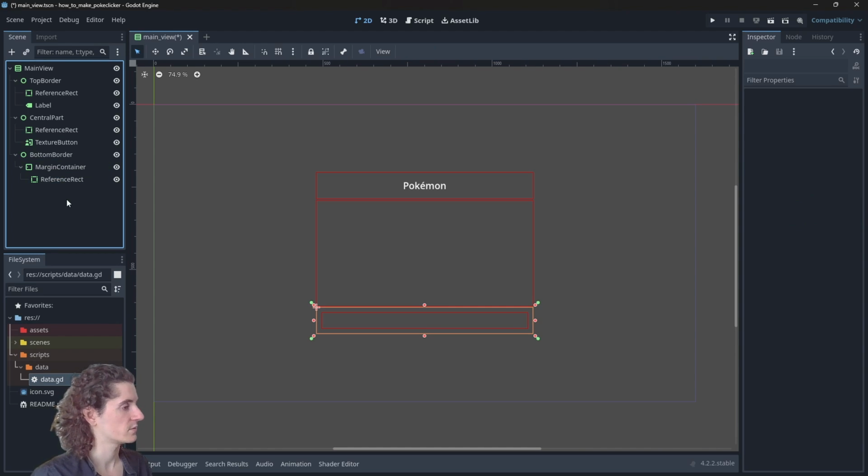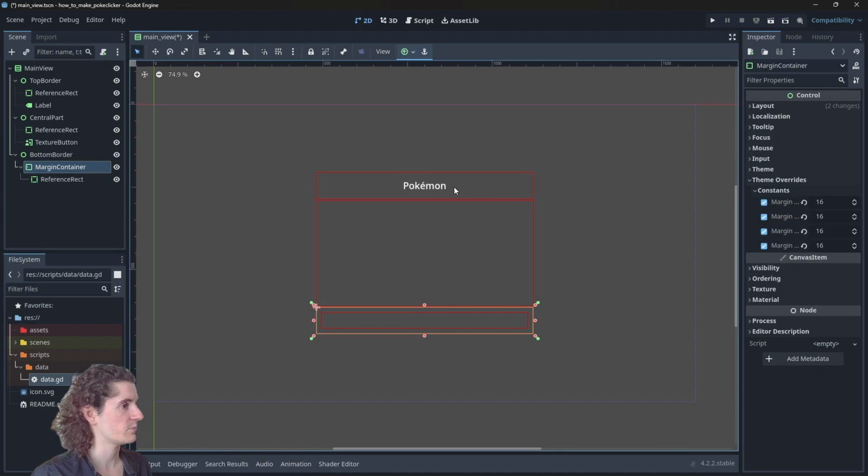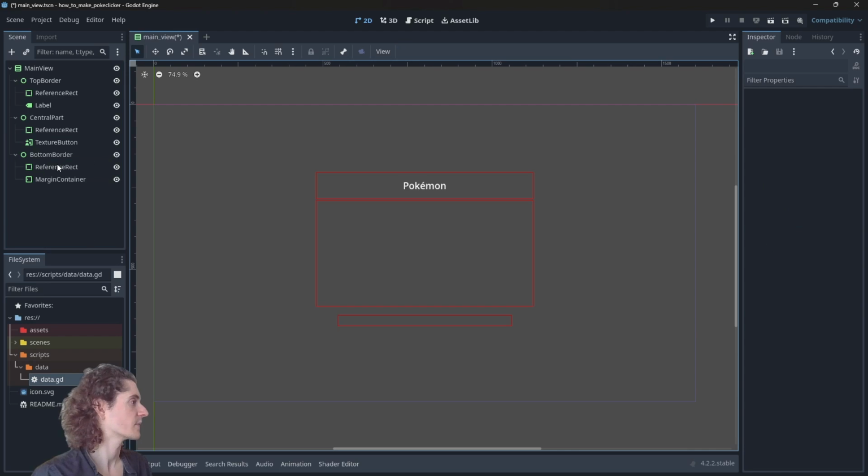Yeah. Cool. Maybe more on the left and right. That's not left and right. Yeah. And maybe 32. Well, that's too much. 24 then. Okay, that looks better. Right. So